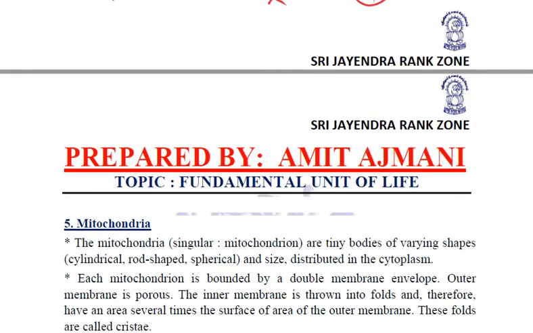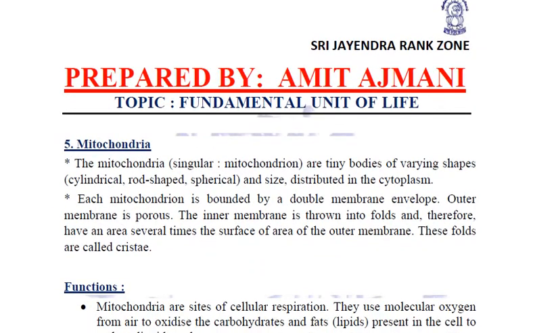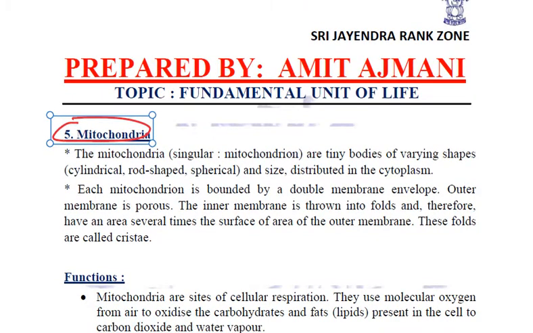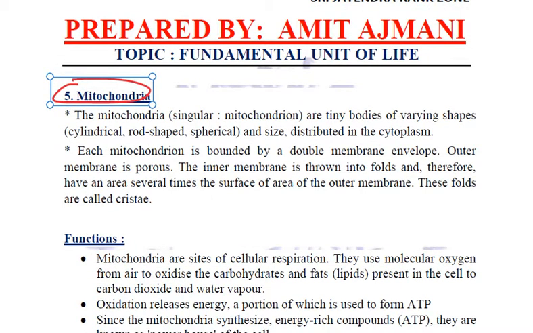lysosomes. Let us come to the next very important cell organelle, that is the mitochondria. Mitochondria is plural, the singular is mitochondrion. These are tiny bodies of varying shapes. They may be cylindrical in shape, they may be rod shaped, or they may be spherical in shape. Their size also differs a lot depending upon various cells, and they are tiny bodies which are distributed throughout the